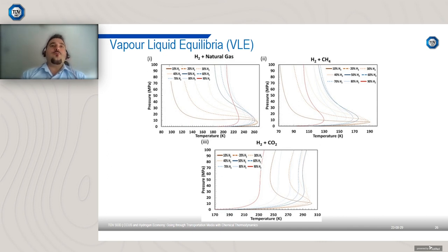Okay, in this slide you can see the phase diagrams and the VLE graphs of different hydrogen blends: hydrogen methane, natural gas, and carbon dioxide blends. So these envelopes have been calculated for these systems of interest using the GERG equation of state. And as you can see, some parts of the two-phase liquid gas region of the hydrogen and carbon dioxide and hydrogen and natural gas systems fall within the pressure and temperature ranges of the geological storage sites, and also the transportation pipelines for transporting